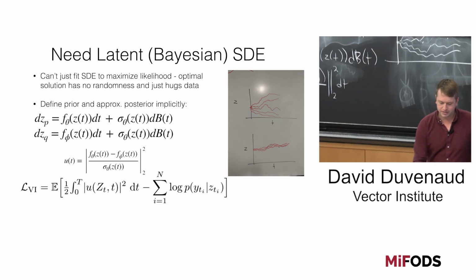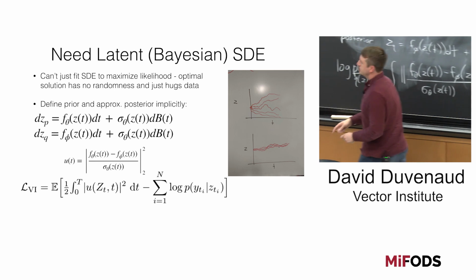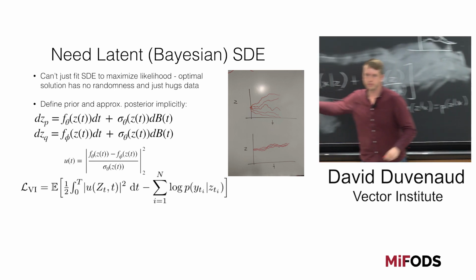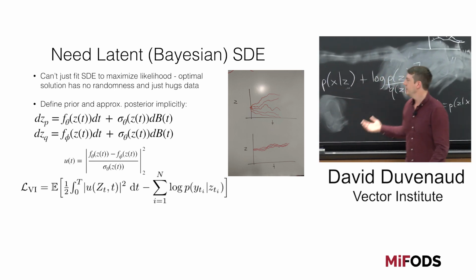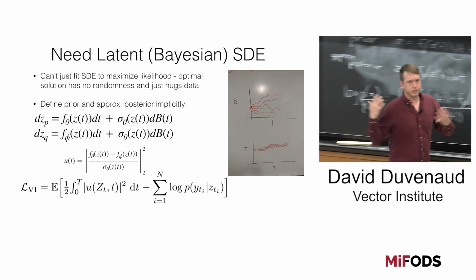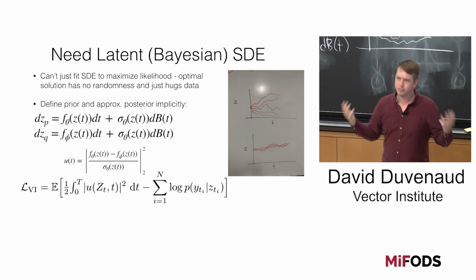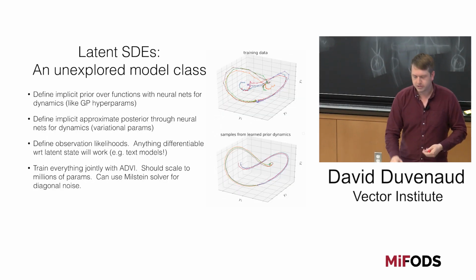So the cool thing is that this is an expectation over something we can sample from, right? We know how to sample from Q. That's just run the SDE solver forward. And we can compute this and compute that. So we can use simple Monte Carlo to optimize this ELBO by gradient descent, which is where we want to be. So I'll say this is cool.